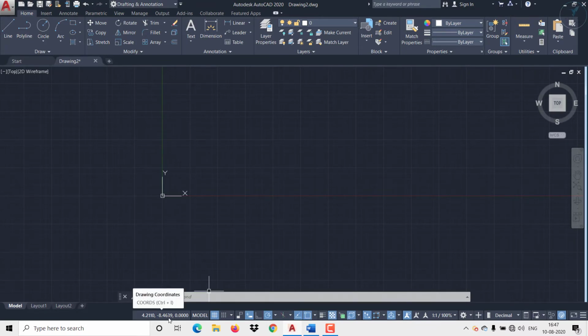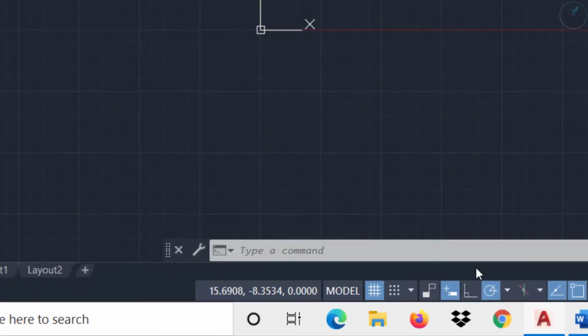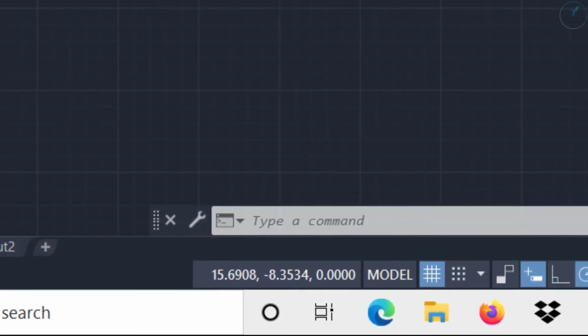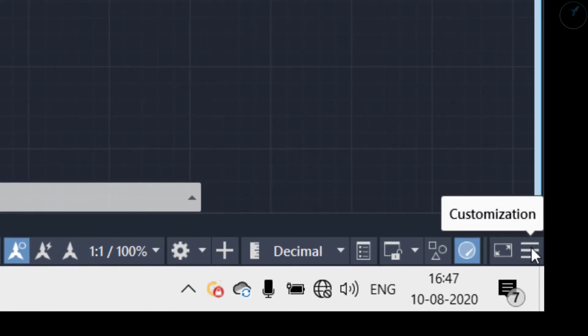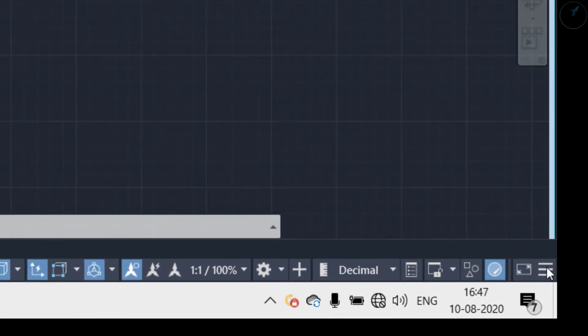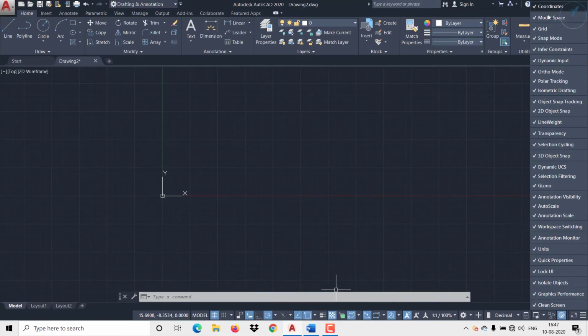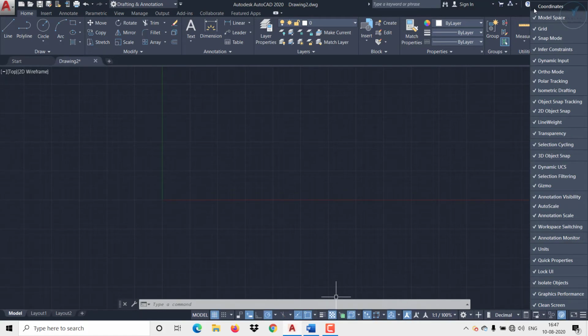Suppose if the coordinates are not available over here, you can customize the whole thing. For that customization, you have to come over here, this one, customization. Click on that, then we have the options listed up. Suppose now I don't want to use my coordinate or I don't want to see it, just uncheck it, it won't be available over there. If you want, you can check it on.